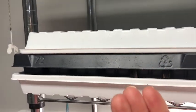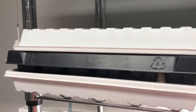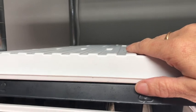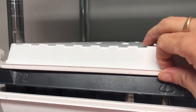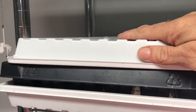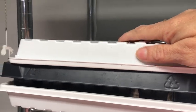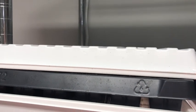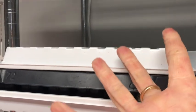They can drink just the amount of water that they want, so it tends to be better for the plants. And then the top tray up here, this one, acts like a dome to trap the humidity. So we really want them to be as warm and humid as they can be right now. There goes the humidifier, so that it creates an environment where the seeds will open up and the plant will